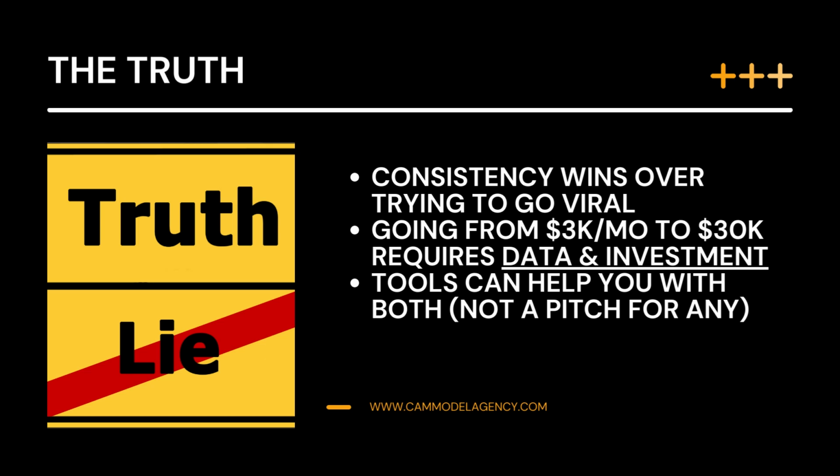So stay consistent. Additionally, going from any amount you're at now to an amount that's unfathomable, going from 5K a month to 50K, or going from $100 a month to 3,000, we'll say, that requires knowing your information, knowing your data. And in those cases, going from four figures to five to six, that requires some sort of investment. All right. I'm not saying you've got to hire a manager or go with some kind of agency or anything like that, but it does require you to, one, as far as data goes, keep track of where you're promoting and what's working for you. And two, you're probably going to see